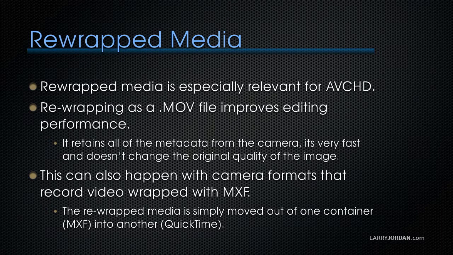Rewrapped media is especially relevant for AVC HD. Final Cut can play AVC HD without transcoding, but it often needs to rewrap the media. When the files are copied from a camera card, they need to have the original video rewrapped to the .mov format to improve editing performance. This is because the original format of the AVC HD media is designed for streaming, but is not great for editing. Rewrapping as a .mov file improves the editing experience, changing the wrapper from the original AVC HD to .mov